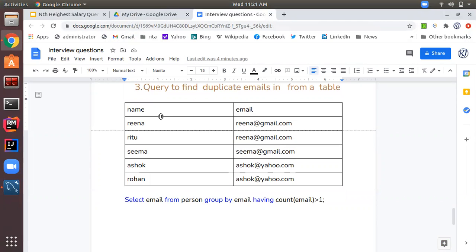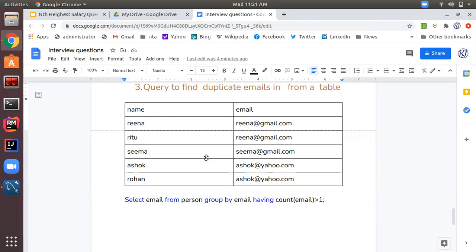Group by, we will group the email column, and after that having count(email) greater than 1, it will count those emails which have count greater than 1. So here Reena, Ritu should come in the output, and Ashok and Rohan should come in the result set.